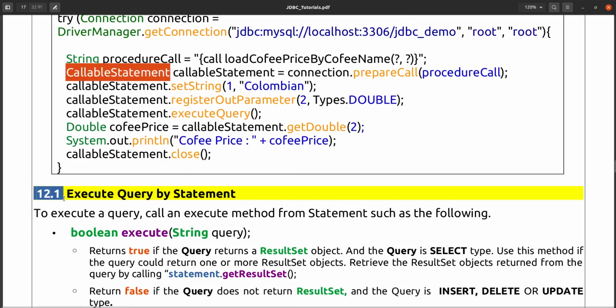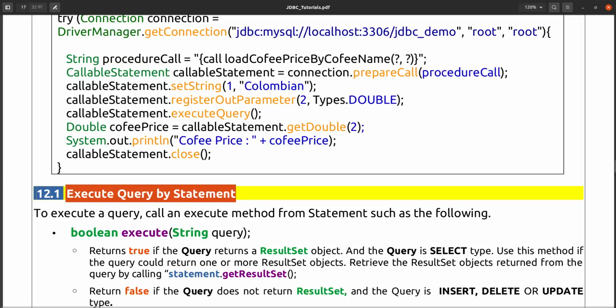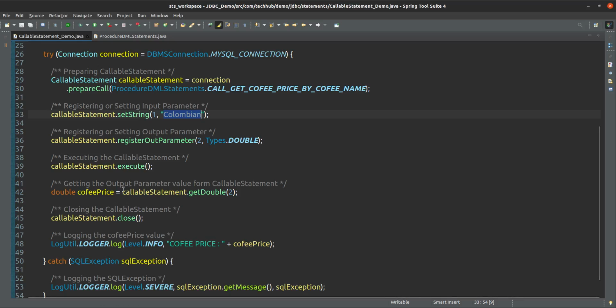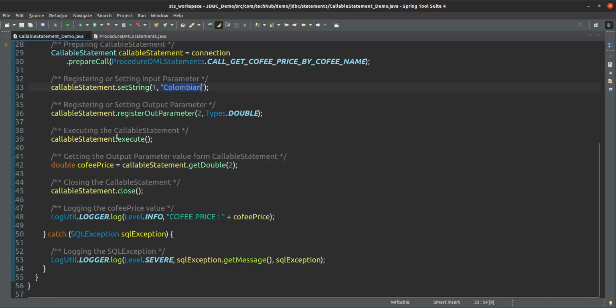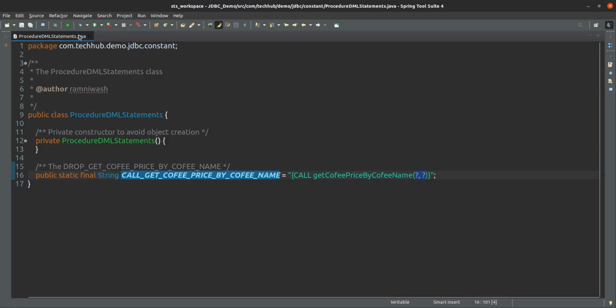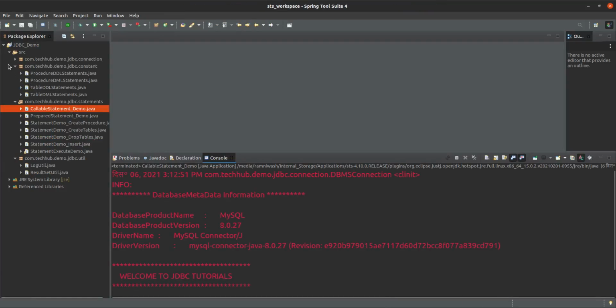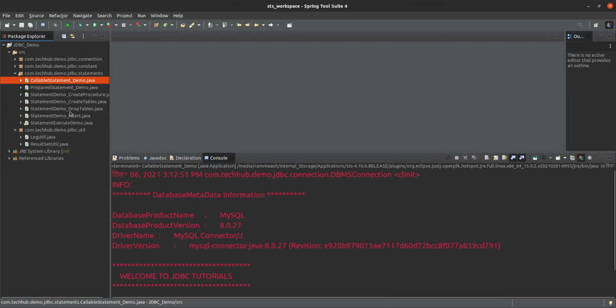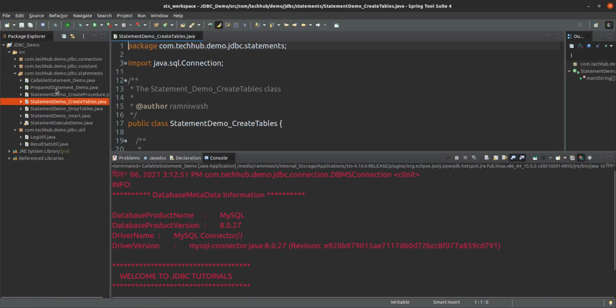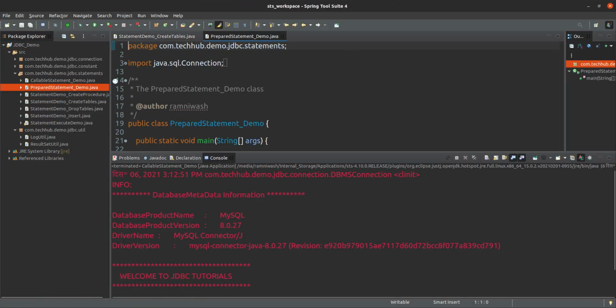Now how can we execute the statement? If you see here, we have called the execute method on statements. What is that execute method doing? It is executing the statement.